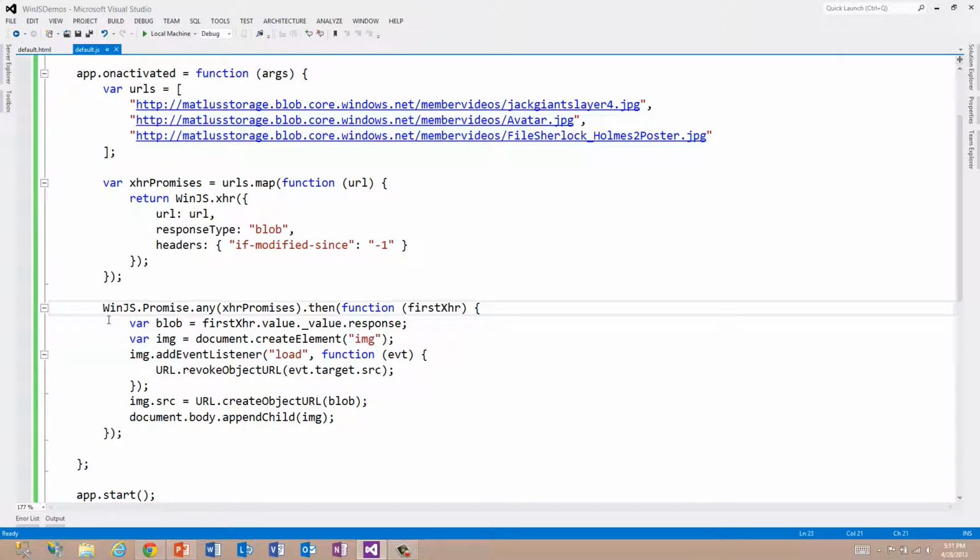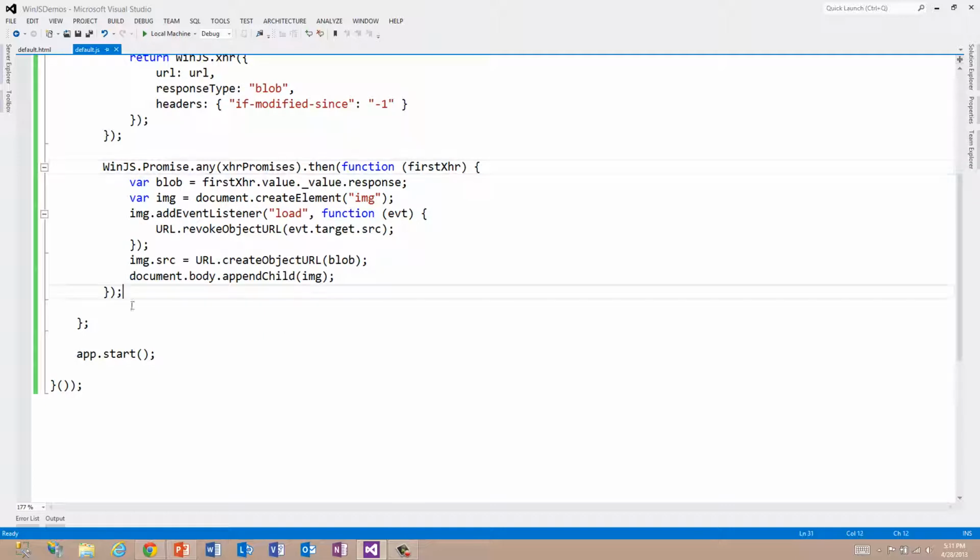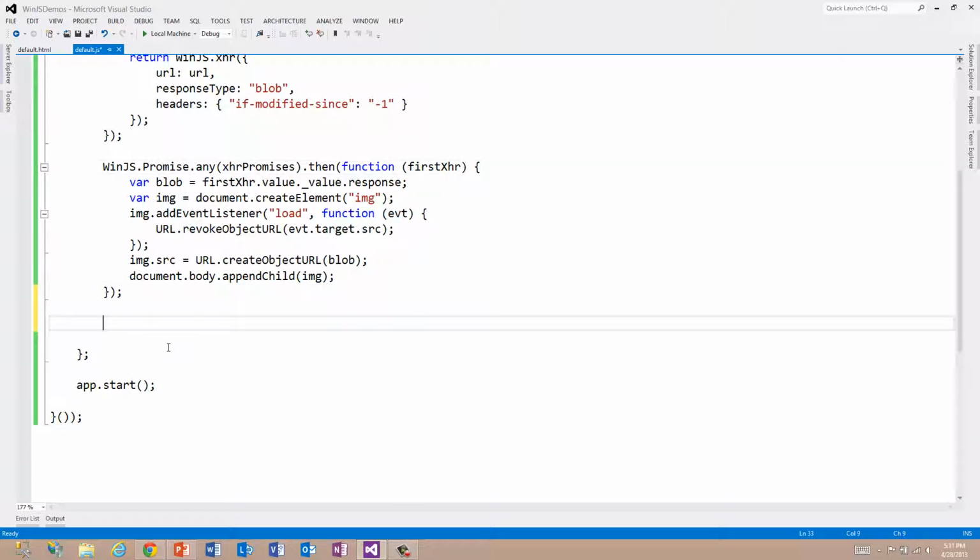So the any works in that fashion where we wait for any one to come down. Now, the other possibility is that we want to wait for all of them to come down. In that case, we say promise.join. This is the same or similar to thread.join in Win32 or even in C#. You have a thread.join, which essentially waits on other threads to finish and join up. So in this join, what we get is